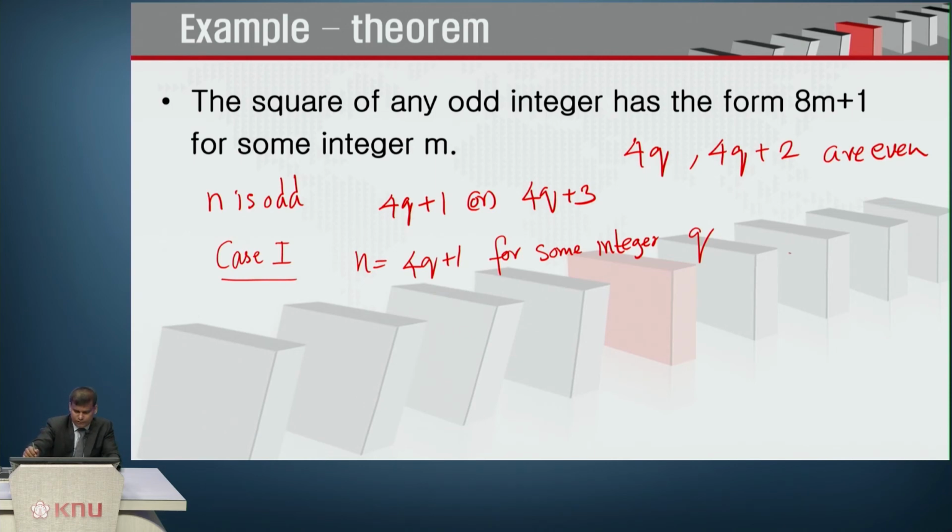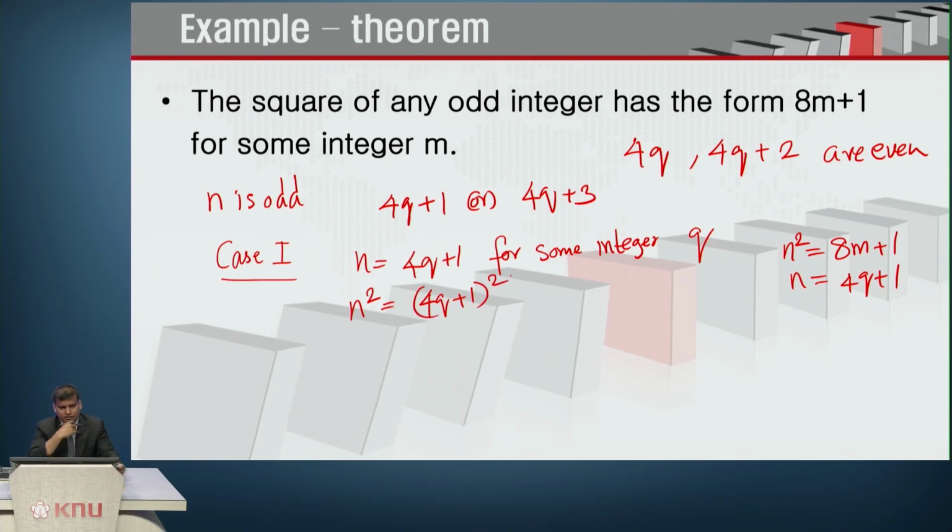So here we are talking about n square is of the form 8m plus 1, and since you know n equals 4q plus 1, can we rightly say that n square equals 4q plus 1 the whole square? Yes, that is by means of substitution, you can clearly see. And now you can try to say how the things can be written,